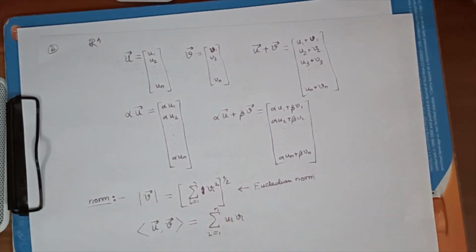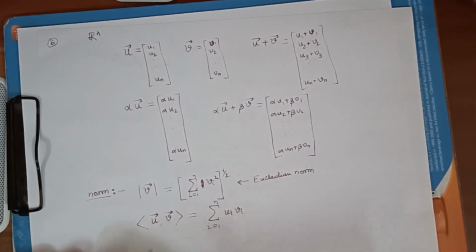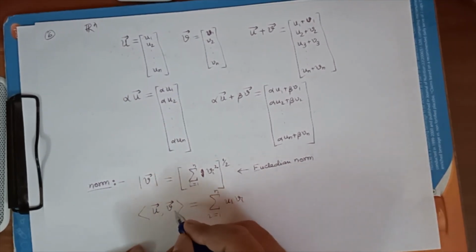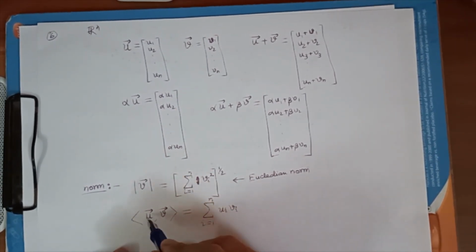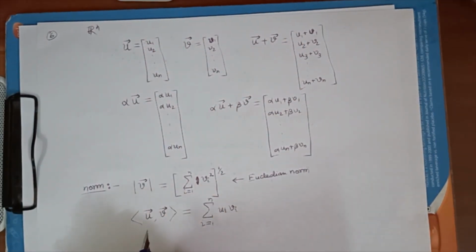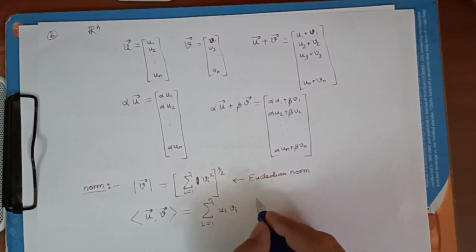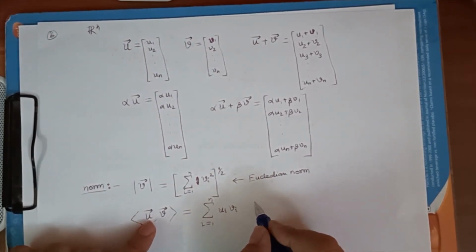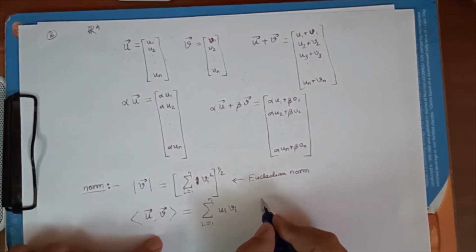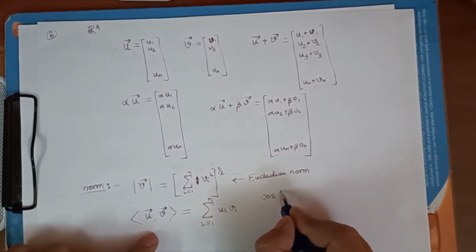So in that coordinate representation we can do lots of stuff. From this inner product you can compute immediately the angle between these two vectors u and v. Even visually, to think of these two vectors in n-dimensional space and to compute the angle is not so simple. Even in 3 dimensions, computing the angle between two vectors is not always very easy. So from here you can compute that, because we know that the inner product is basically length of u into length of v into cosine of theta. So from there we can compute the cosine of the angle between u and v.